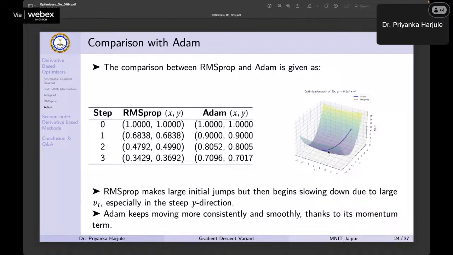From the graph also you can see that, unlike RMSprop, Adam is consistent in both X and Y directions. This is because RMSprop, without the momentum, is zigzagging. So RMSprop makes larger initial jumps, but then begins slowing down due to large VT, especially in the steep Y direction. And Adam keeps moving more consistently and smoothly